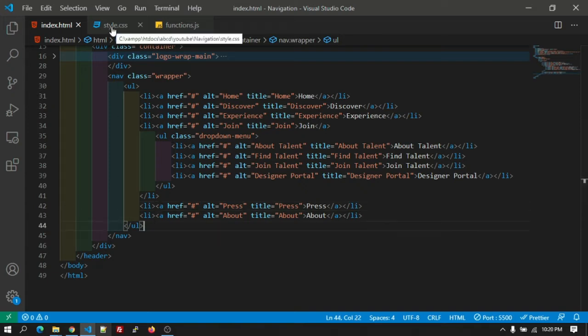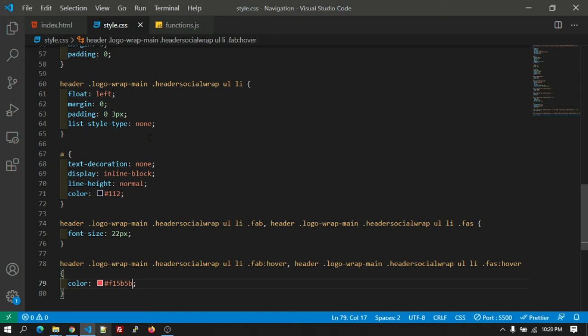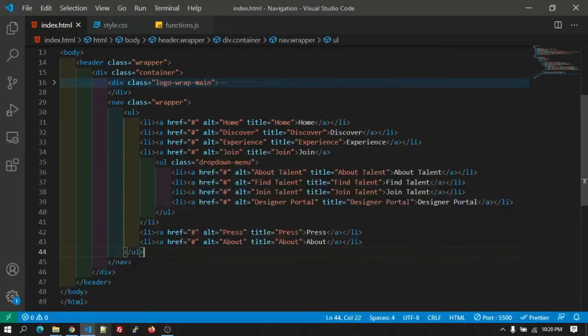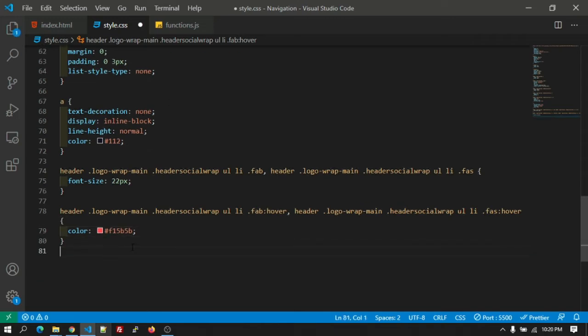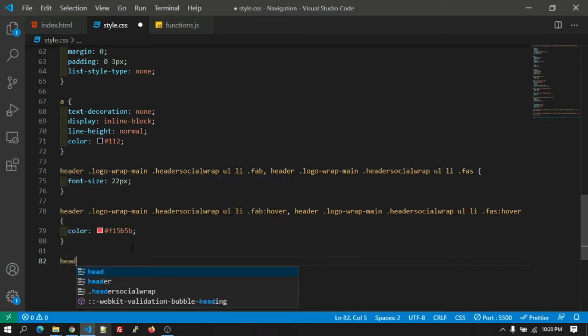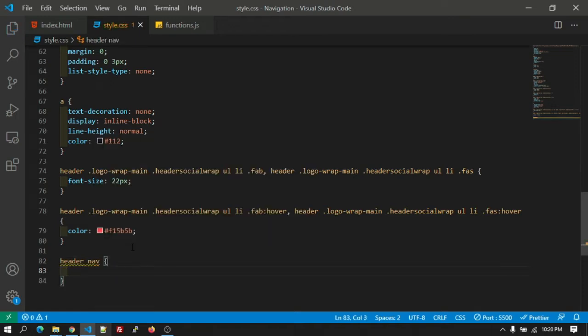navigation menu. Let's add CSS to the navigation. So let's say header and nav. The navigation tag will be there inside the header tag.